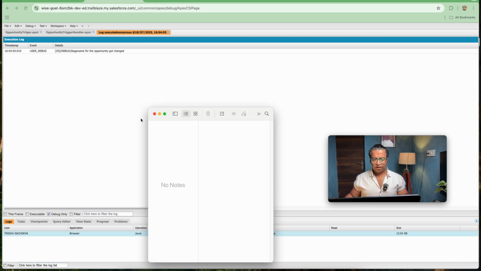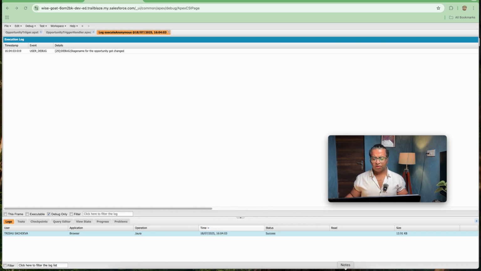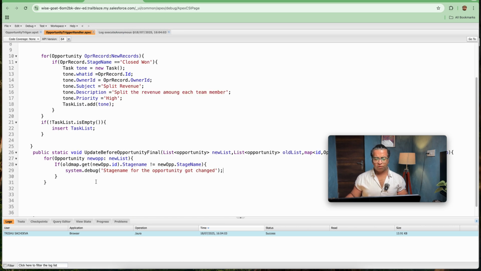The scenario is whenever my opportunity's stage name is changed, we need to multiply the expected revenue with the probability. So what we need to do is go straight to this, and since this is before update, we can skip the update operation here. So what we will be doing is, new opportunity